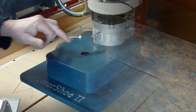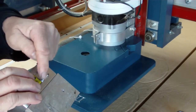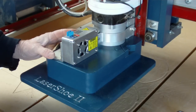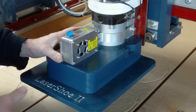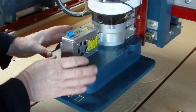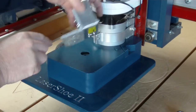Okay, now we can look at mounting it onto the machine. Now when I made this laser shoe, I made this one specifically to go with this laser, and there were 3 torque head screws sitting through the bottom here, and I made this hole here. Those 3 screws just drop in there, and there's very little movement, probably about a millimetre or so. Anywhere in that hole will be fine. The laser will go straight through because there's a small hole in the centre here. So it's just really a matter of putting it where you want to put it, and then a couple of screws through, there's a couple of holes here